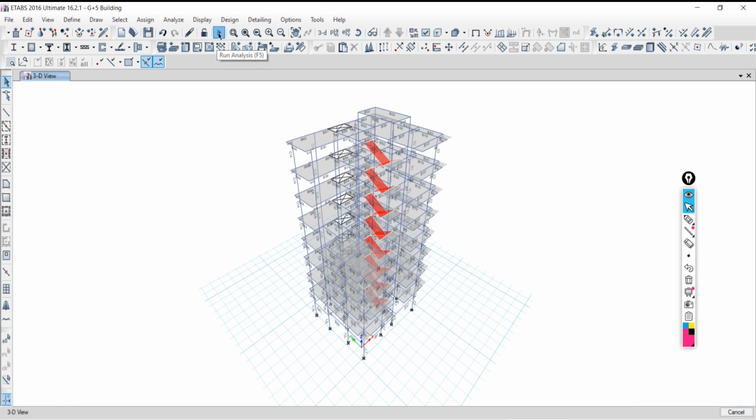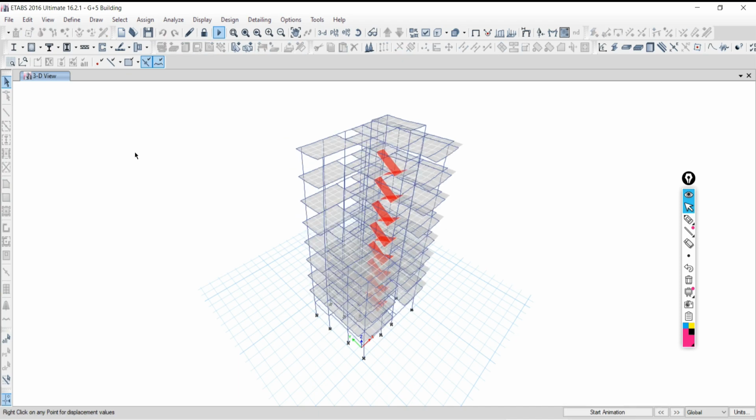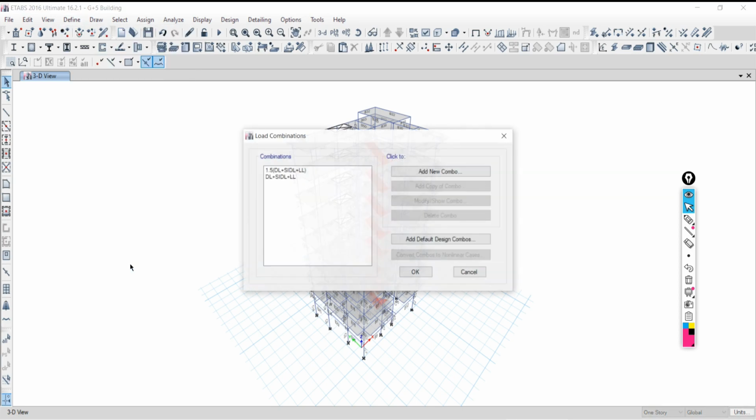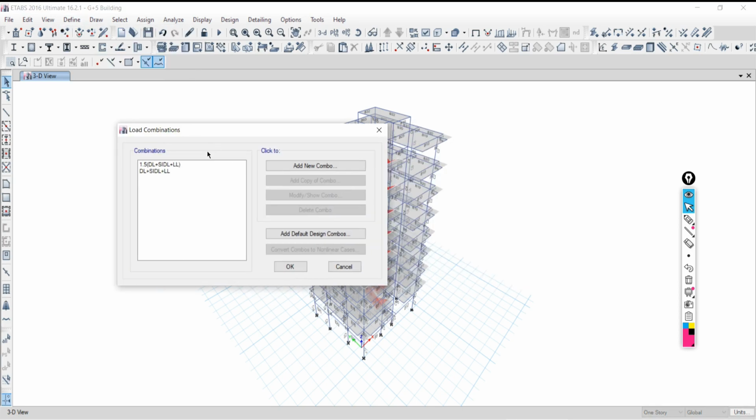Sir, you have seen the load combination, right? Unlock your model, go to define, go to load combination. Obviously, what will the load combinations be? Only two load combinations, service and factored load combination. As I told you, only gravitational loading is there, dead and live, and no dynamic analysis we are going to perform. No earthquake, no wind. So only two load combinations. One is service, one is your factored.